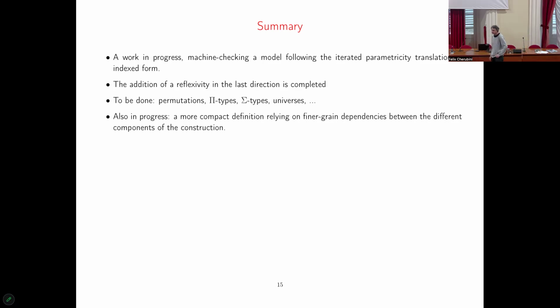But I expect that at some point, if you add connections or more degeneracies, then you cannot be fully indexed anymore. You will have some equations on top. Isn't that the case? Like if your category is really arbitrary, then don't you need equations at some point? You mean arbitrary? Any Reedy category, axiomatically defined. I don't know. In our case, no.